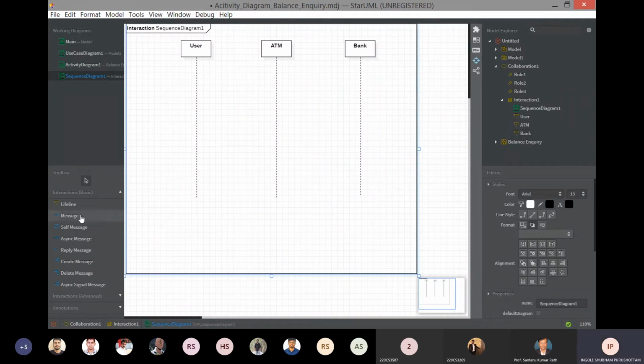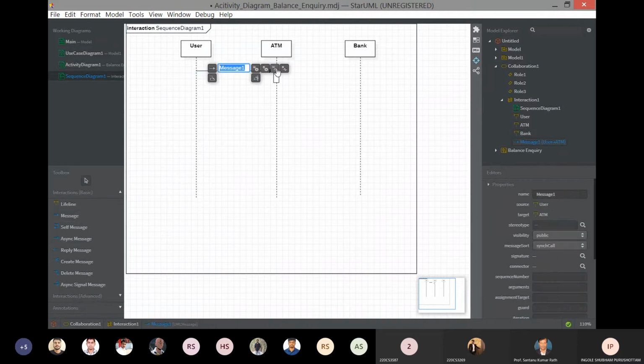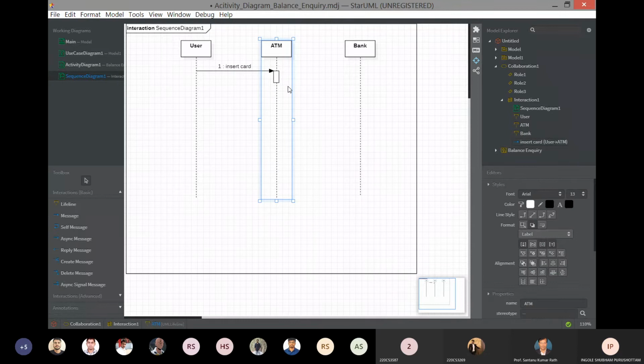Here the second option is message. In the sequence diagram, there will be messages. It will flow from one lifeline to another lifeline. So the first message will be here.